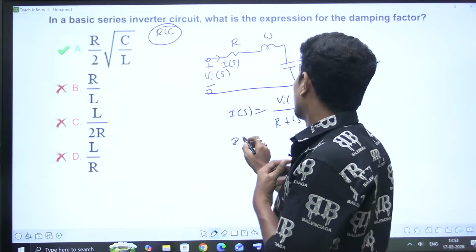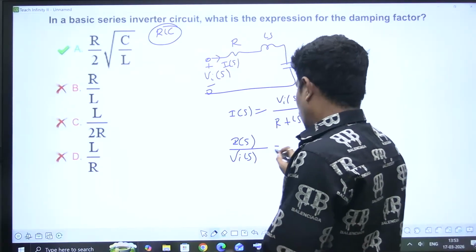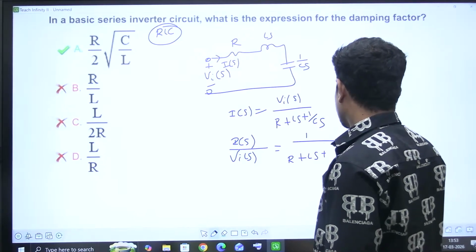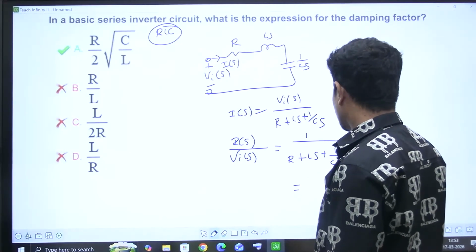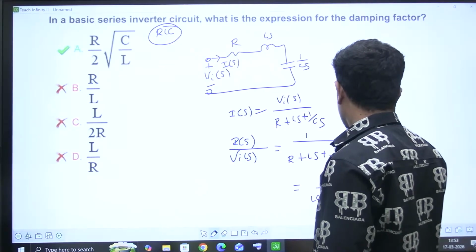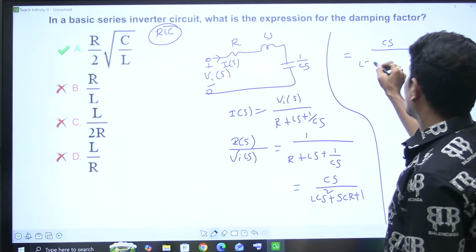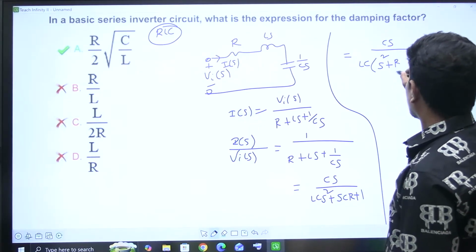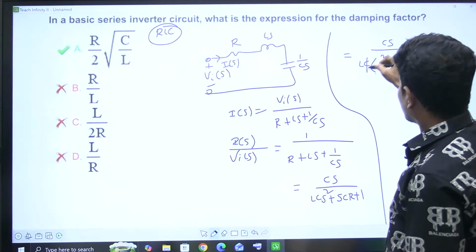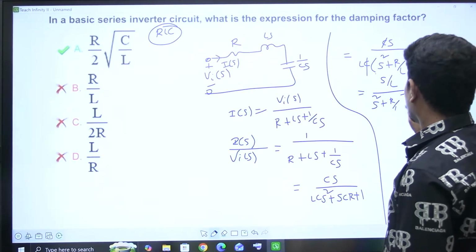1 by CS. Now, what is transfer function? Laplace transform of output by input. What you get is R plus LS plus 1 by CS. Now CS will go upside: LCS square plus SCR plus 1. Now take LC common: S square plus R by L into S plus 1 by LC. Now send that L to the upside, S square plus R by L into S plus 1